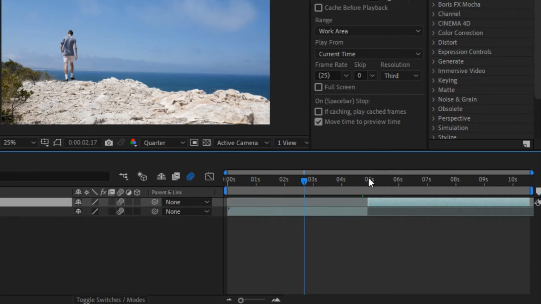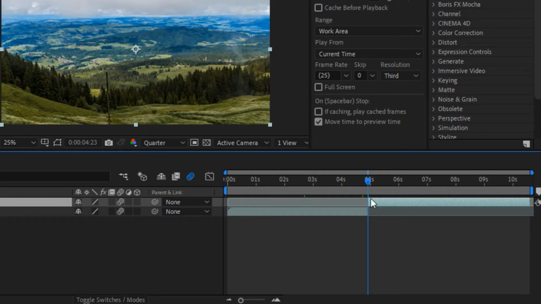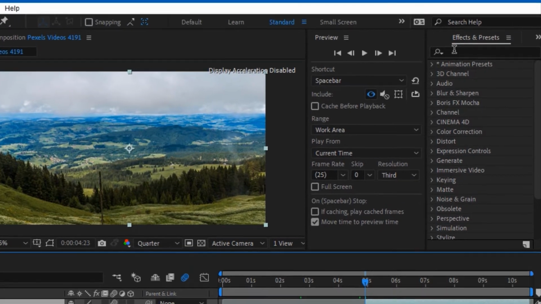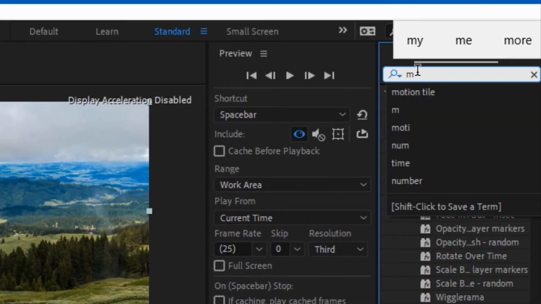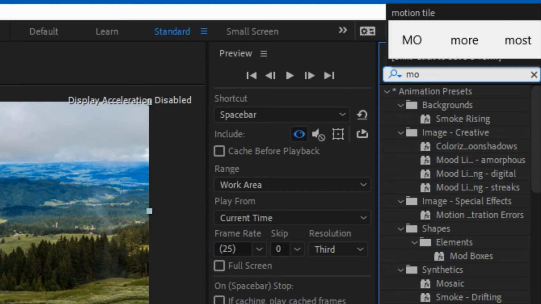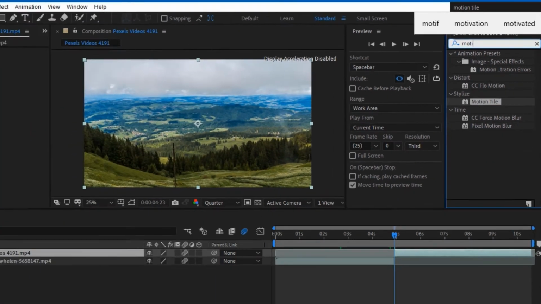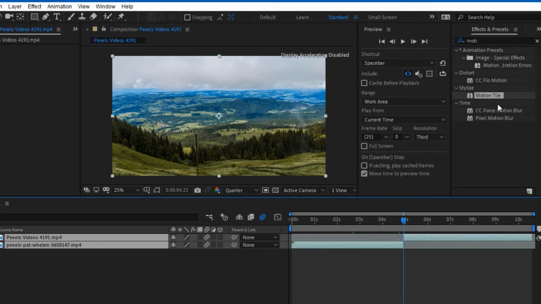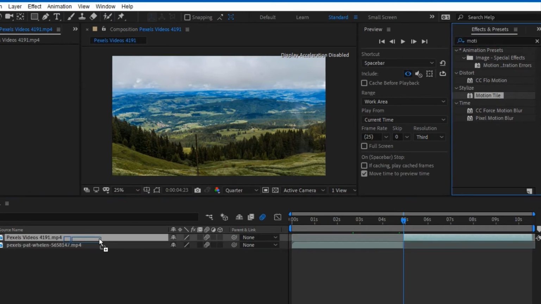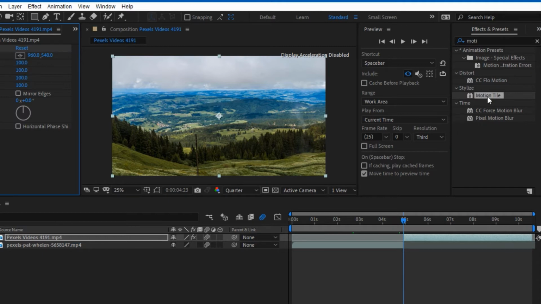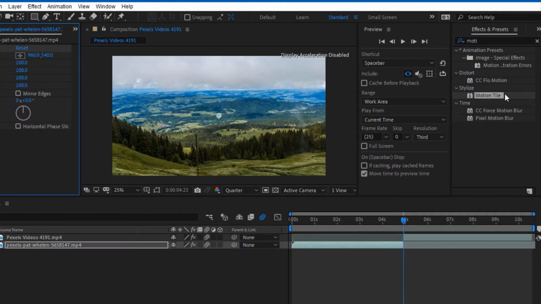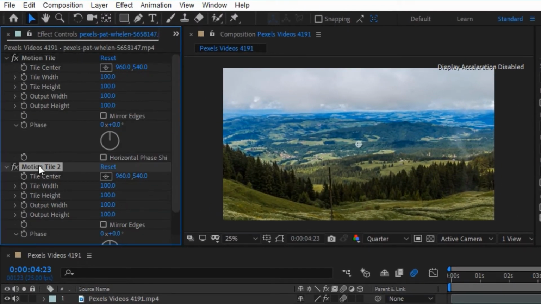So we're simply going to put our cursor, or pointer, or whatever it's called, in the middle. And next thing we're simply going to do is look for an effect called Motion Tile. So we're going to go for Motion Tile and add this effect to our clips. First of all, we want to make sure we add it to both clips. So select both clips and drag this to both of them. Okay, if it doesn't allow you to do that, you can drag it to them individually. So now we have the two effects on both of them, as you can see,